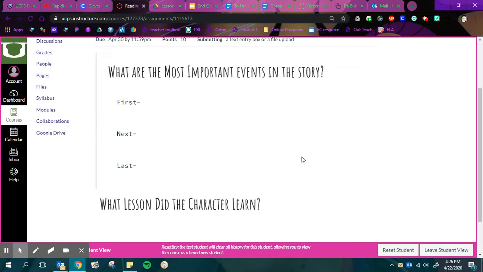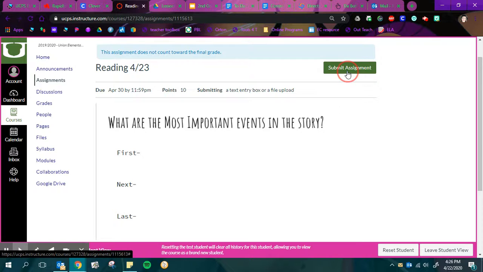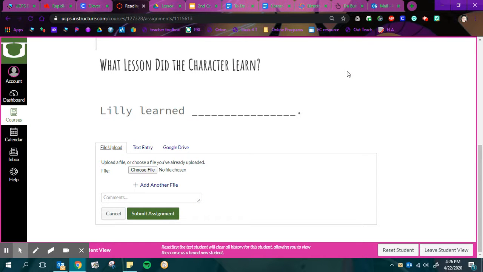What the students can do is either write it on paper or type it in the box. If they write it on paper, you can just take a picture and either submit it through here, or if that's too complicated, you can always just send it to me in a text message. Then I can mark off whether it's complete or incomplete, and I can give any feedback that's needed. But if they're submitting it through here, they'll click submit assignment,